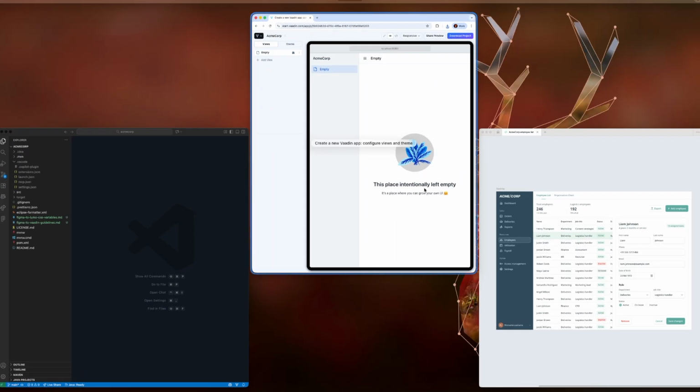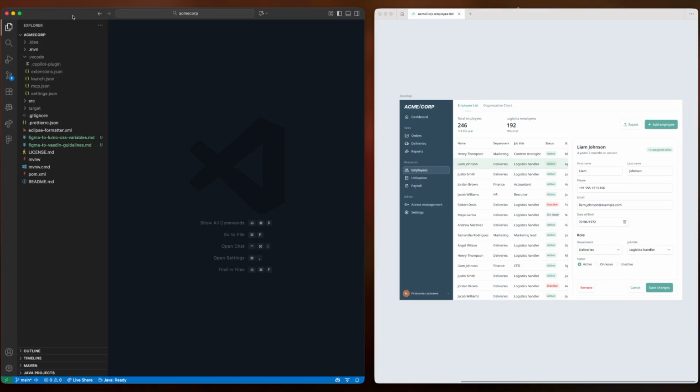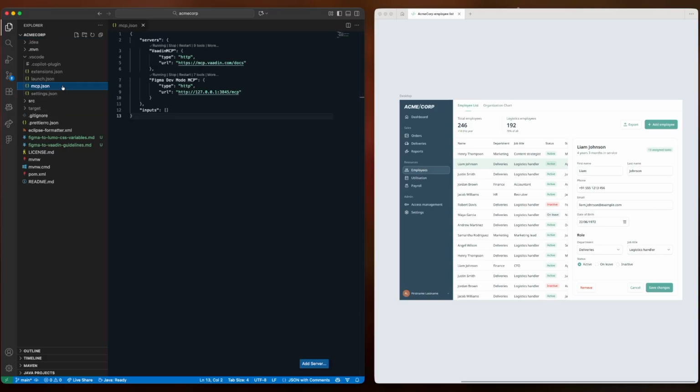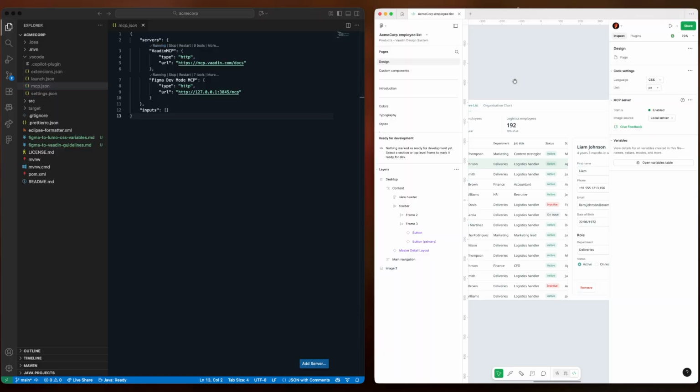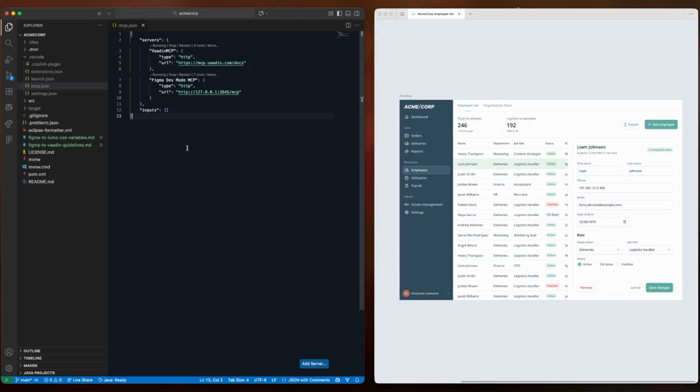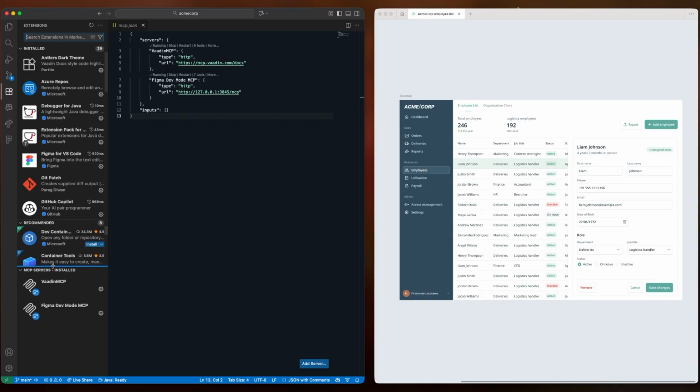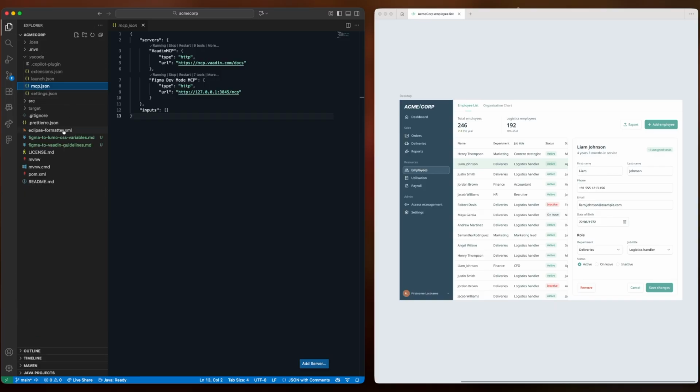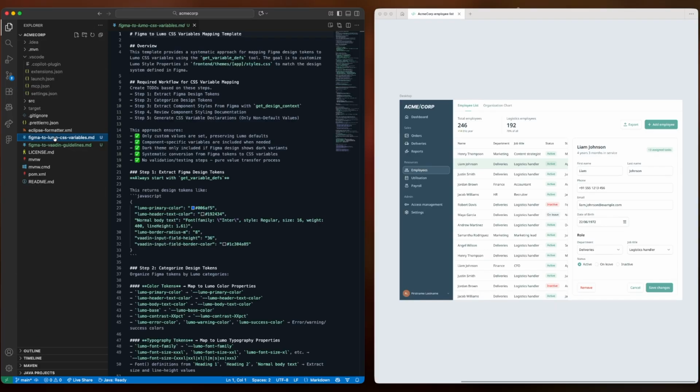The first step I'm showing here is how to enable the MCP servers. I'm doing that through an mcp.json file, where I'm importing a Vaadin MCP and a Figma MCP. I'm using the desktop version of Figma, where you can see that the MCP server is enabled when you're accessing dev mode. You can also see in VS Code, once you've done the configuration, that the MCP servers are listed. To accompany those